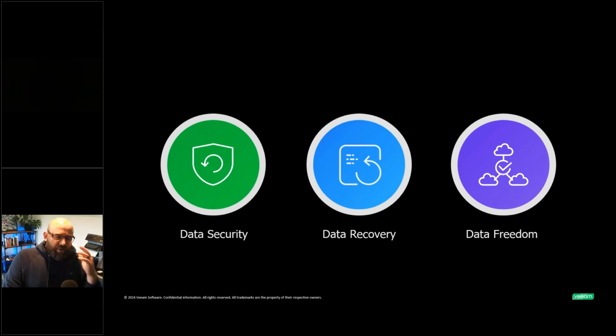One of the things, I was with our SE group a couple of months ago, actually our sales kickoff, and we were speaking about these particular 3 areas, and you might have heard a Veeam SE or a Veeam person near you speaking to these 3 points and what they mean. So what does data security mean? What does recovery mean? And what does freedom mean? Freedom being very Americanized, right? Freedom, we can move wherever we want and all that good stuff. But what I wanted to do in this session was quickly go, well, what do these 3 things mean to Veeam today? And what are the capabilities that enable us to say Veeam is all about data security, data recovery, and data freedom?